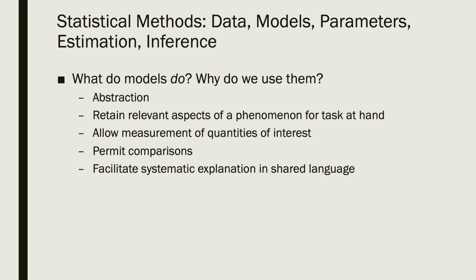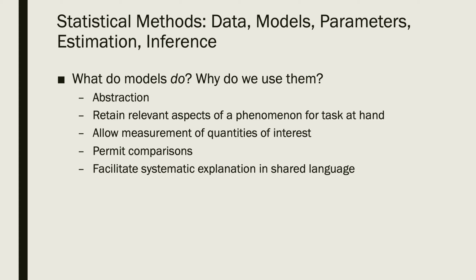How do those individuals on average differ with respect to something else? And they facilitate systematic explanation in a shared language. We say, okay, we're simplifying the complicated social reality or behavioral reality to this kind of two-dimensional, one-dimensional. There's a level of reduction, an element of reductive quality in it. So, to avoid earning the epithet that we're just being reductive, we want to be explicitly reductive and explicit at